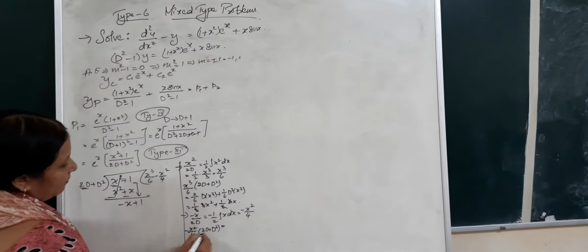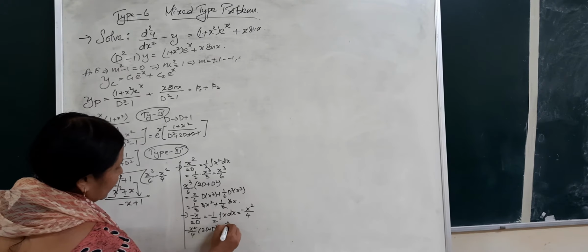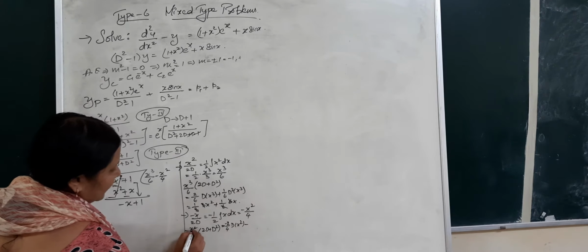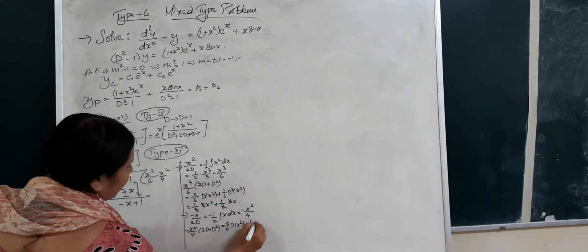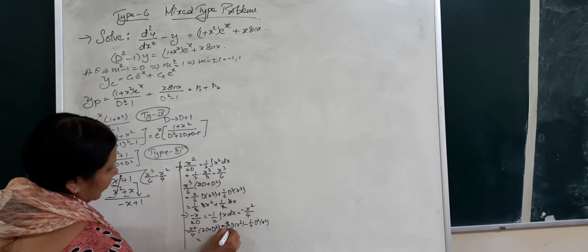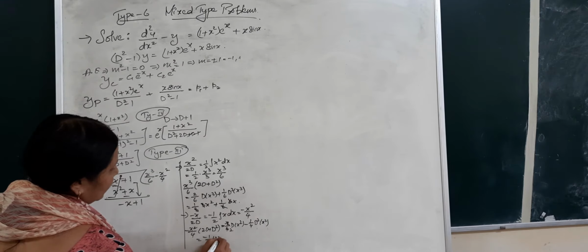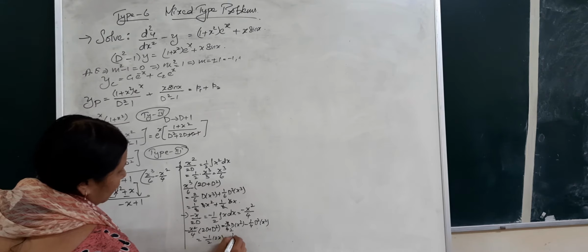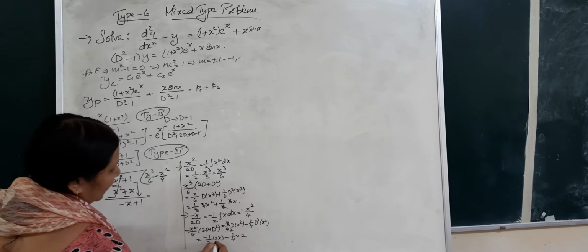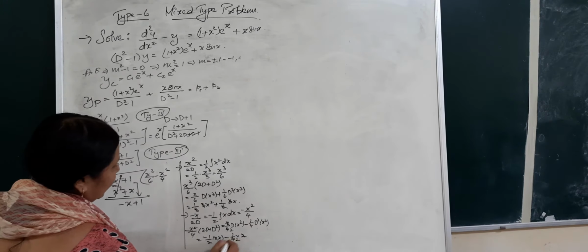Minus x square by 4 will be minus 1 by 4 times 2D derivative of x square, minus 1 by 4 times the second derivative of x square. Simplifying here, we get minus 1 by 2. Derivative of x square is 2x, minus 1 by 4 as it is. Second derivative of x square is going to be just 2. So simplifying here, you get minus x minus 1 by 2.